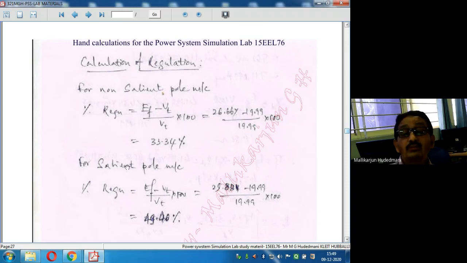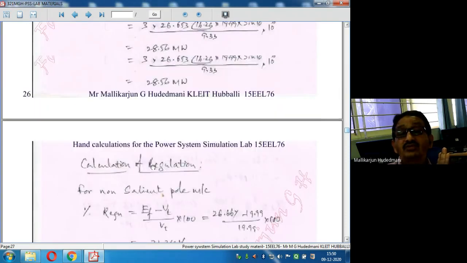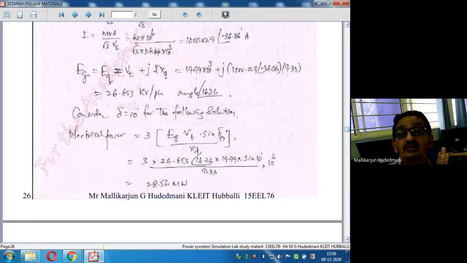So in this way, by simple numerical calculation, we could understand how the power transfer from a synchronous machine to the bus takes place. What is the playing factor? Power angle. When does that angle cause the power to be maximum? That we can understand by theoretical aspect, as there is a sine function available here in this expression. This term has to be maximum, which means delta needs to be 90 degrees. So when the power angle turns out to be 90 degrees, the output power is highest in that context.